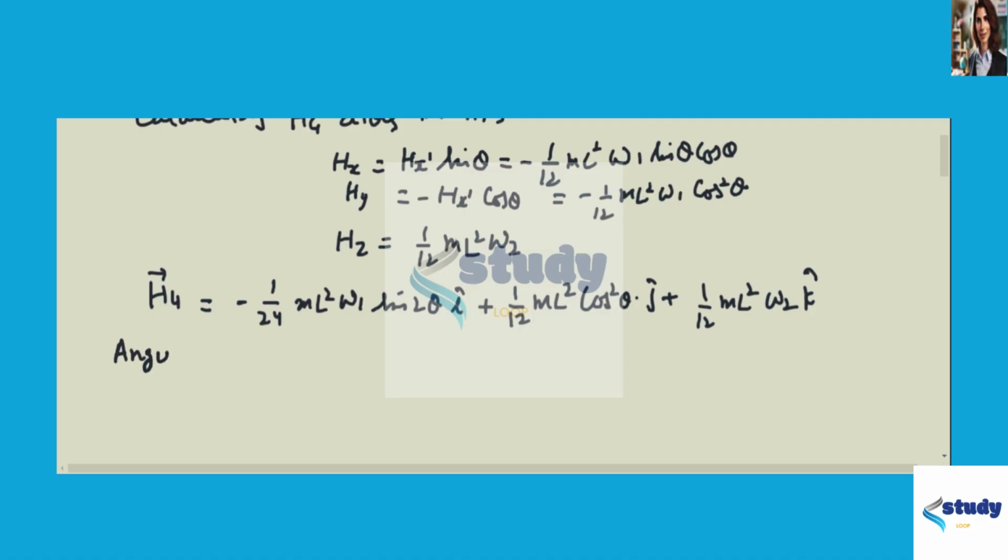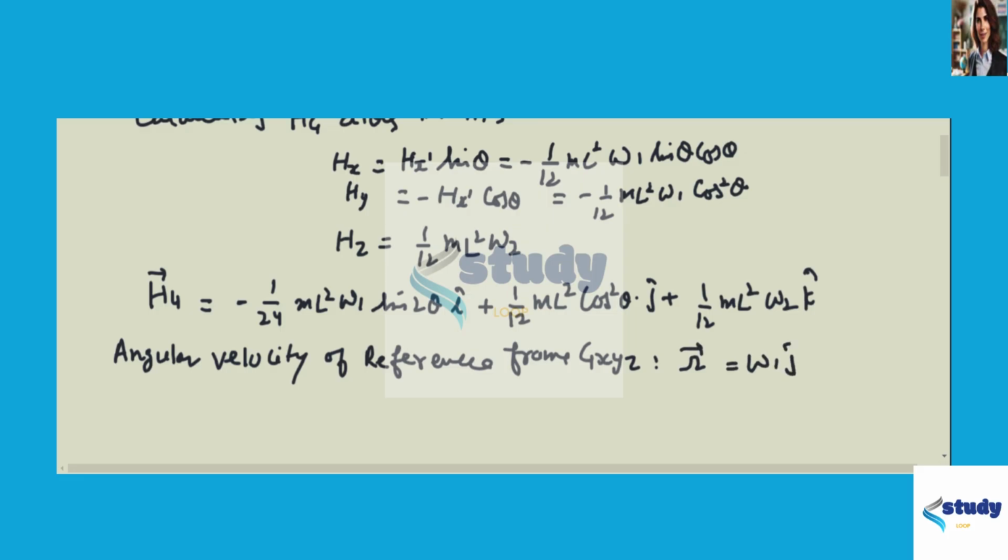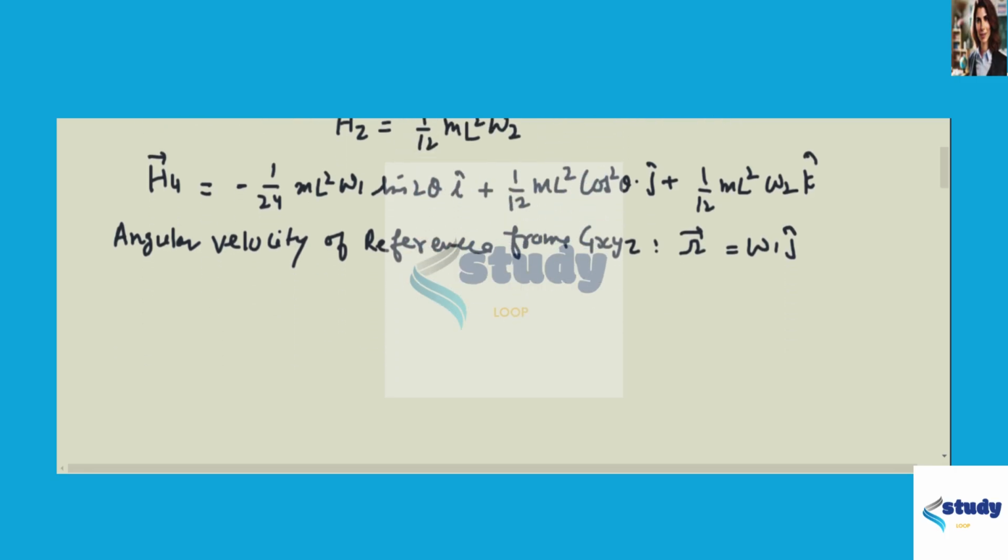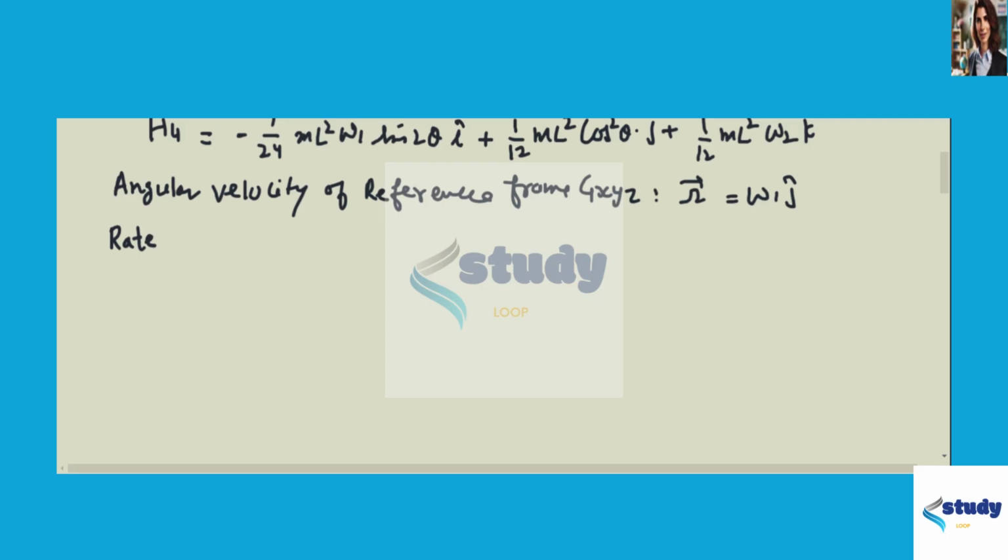Angular velocity of the reference frame G x y z, omega is equal to omega 1 j cap. So the rate of change of angular momentum, H dot G, it can be written as,